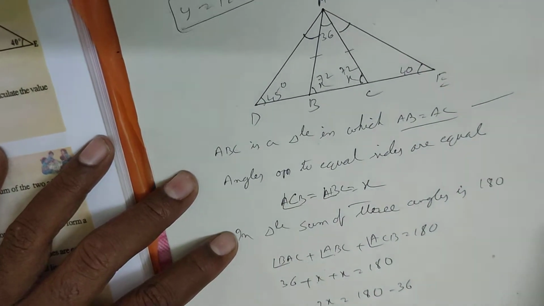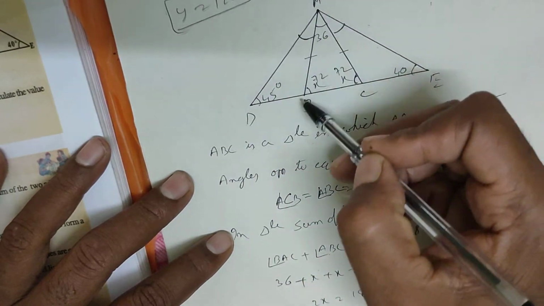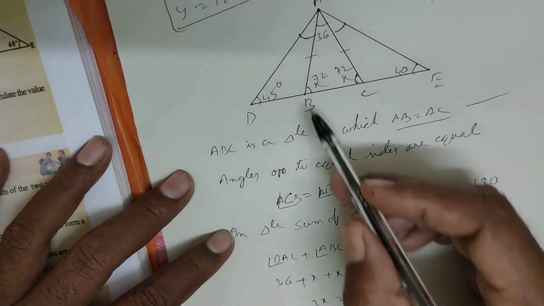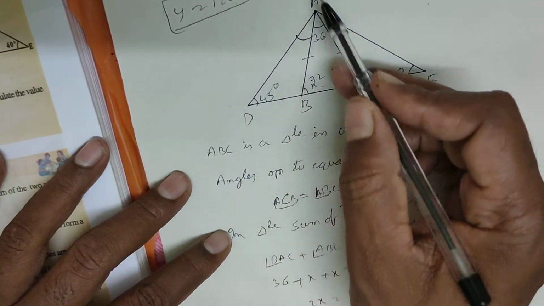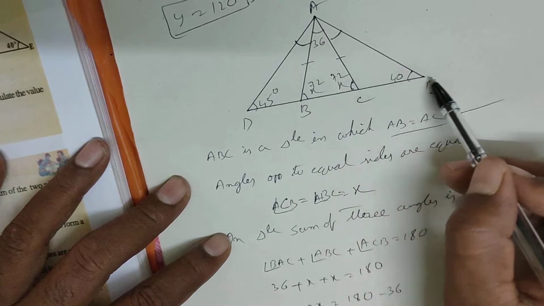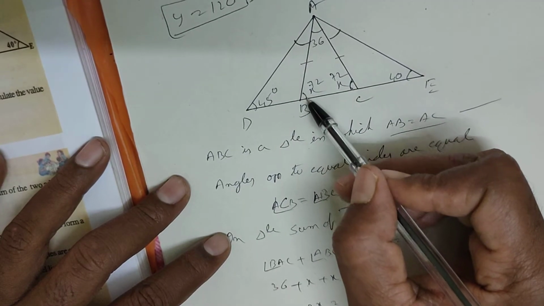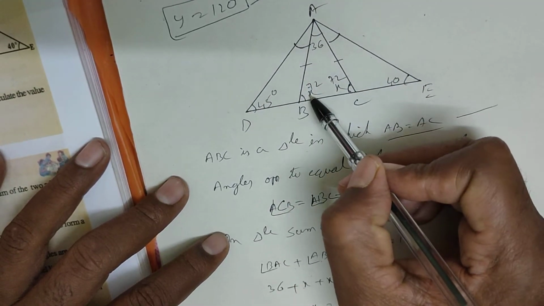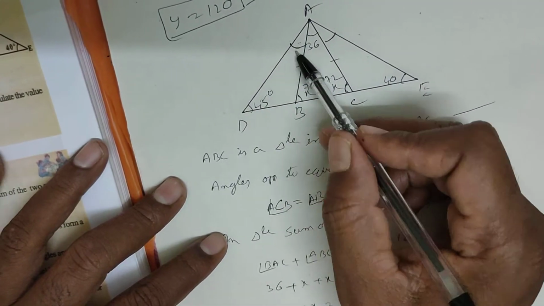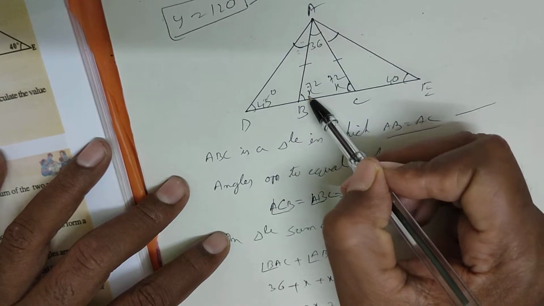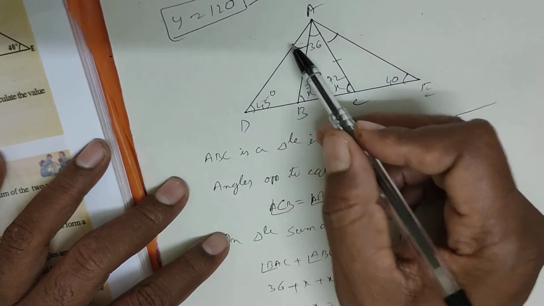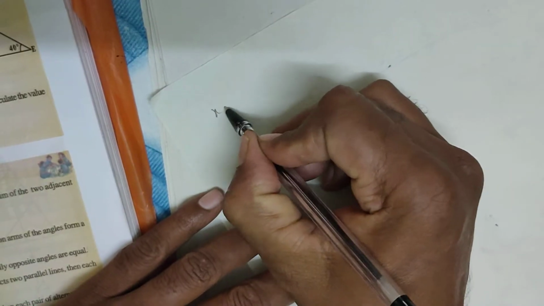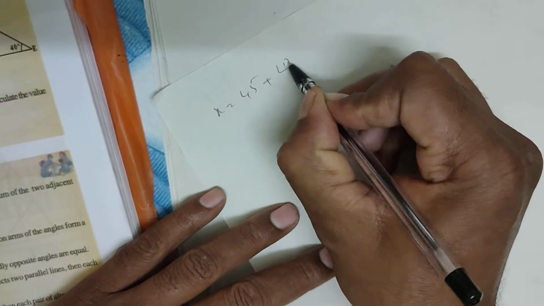Now you have to find angle BAD. How do you find it? What is ADB? ADB is a triangle. What you have done: DB is produced. What is this 72? It is the exterior angle for this triangle. The exterior angle is equal to the sum of its interior opposite angles. You have this theorem, or not? So you can write x is equal to 45 plus DAB. X equals 45 plus angle DAB.